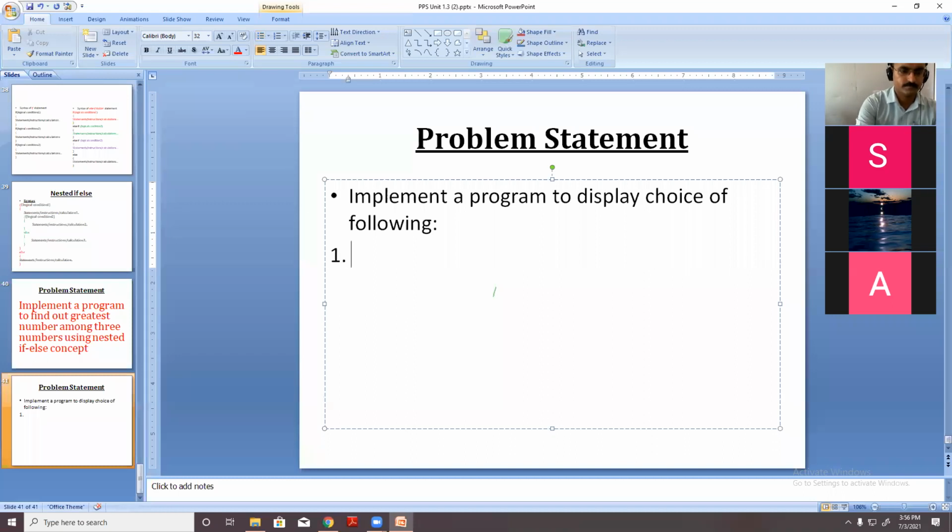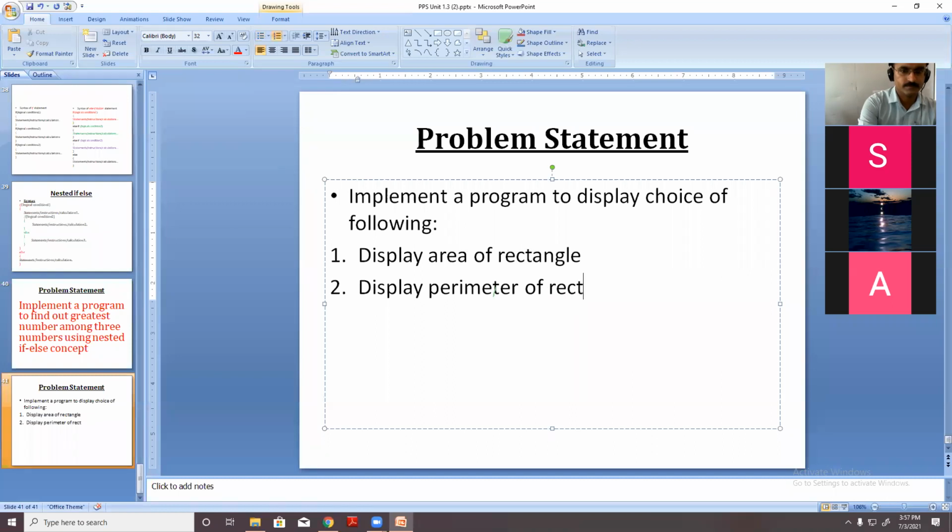First, perimeter of rectangle. Third, area of circle. And fourth, area of square.